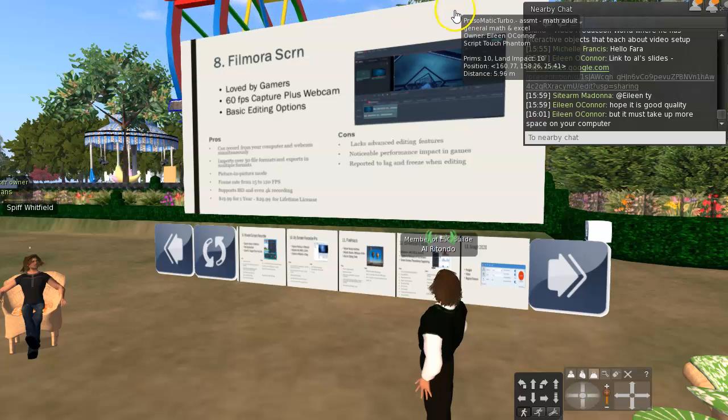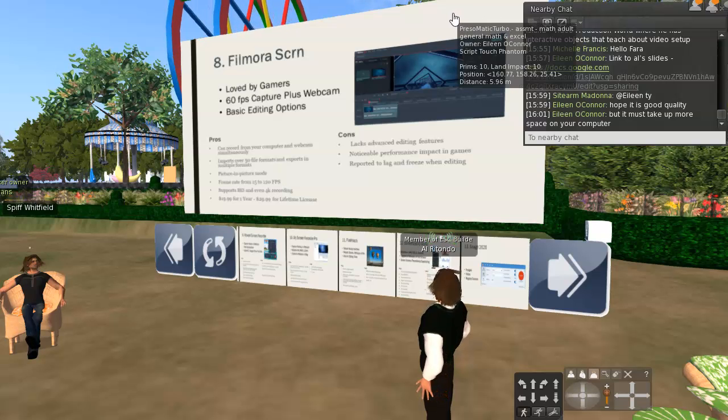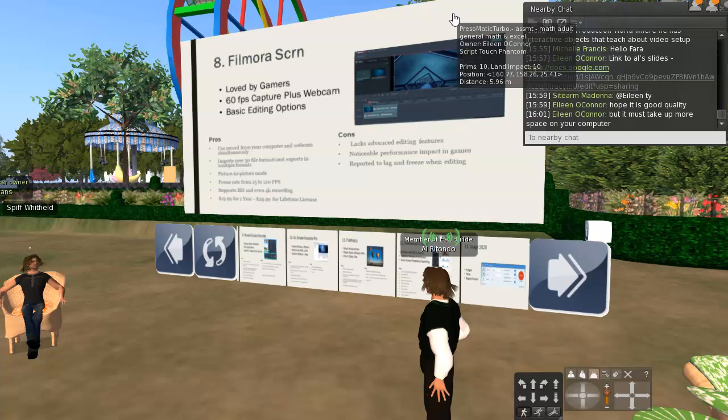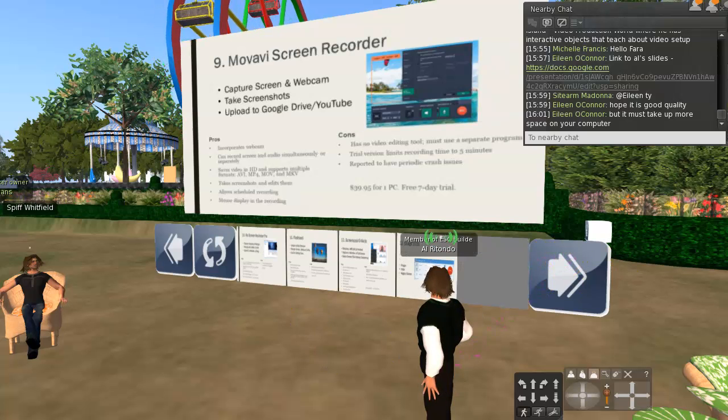They say it lacks advanced editing features. I haven't checked it out, so I can't speak for sure what those features that are lacking are, but if one has some other video editing program, it may not be such a big deal. Next one is